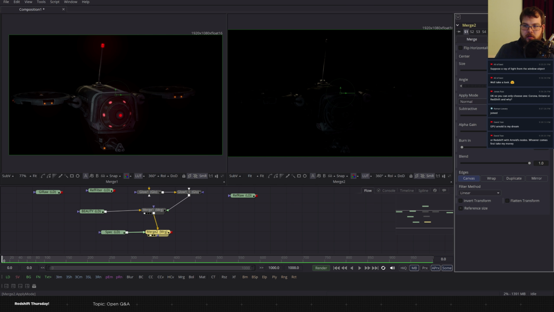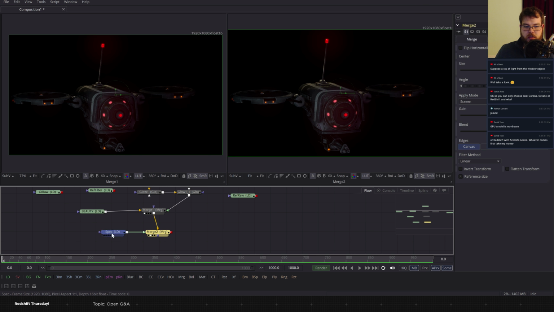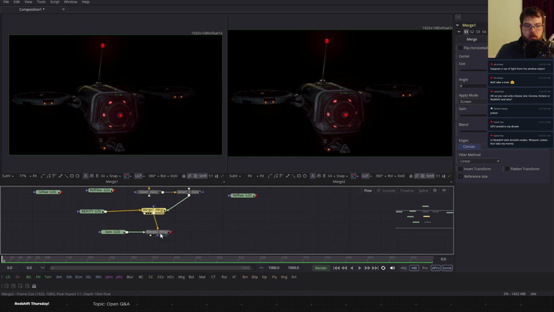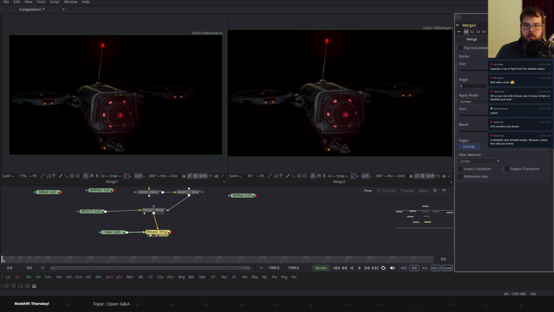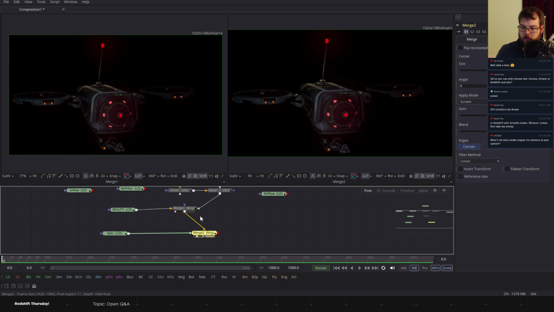All right, so what am I doing? I've got the specular put in here, and we're going to, I guess, screen it on top. It's not really giving me as much as I was hoping. Let's see. Keep that here. This is over here. I guess it kind of is. A little bit. So what I'm going to do is start pushing some of these with curves and